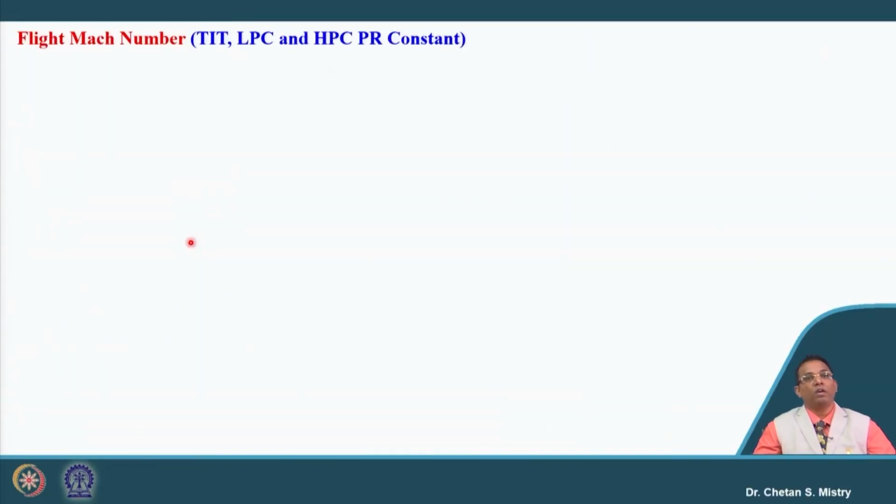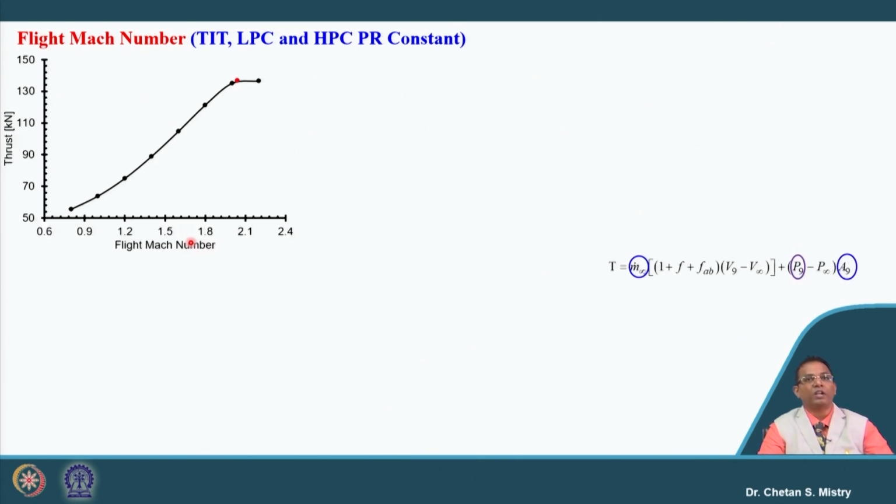Now, here we have another kind of scenario. We have done our design condition at, say, 2.04 Mach number at a particular altitude. Let us try to understand how it is affected by the flight Mach number, if we keep the turbine entry temperature and my overall pressure ratio the same. Under that condition, when we increase our flight Mach number, the thrust is going to increase,